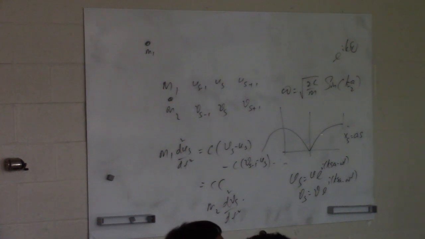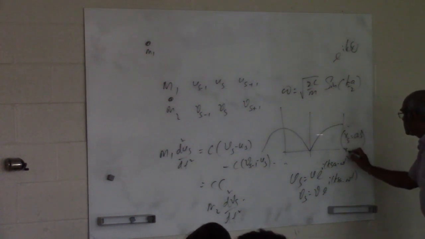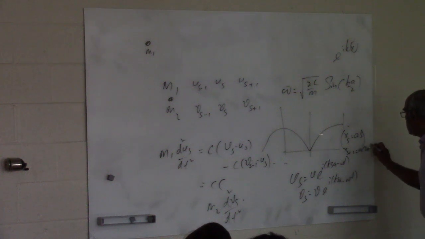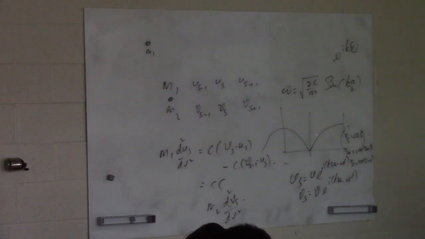Then if you plug in Vs, Vs minus 1 becomes S minus 1, right? Because this is x. S plus 1 means a times S plus 1. S minus 1 means a times S minus 1, right? So if you put that one, you get